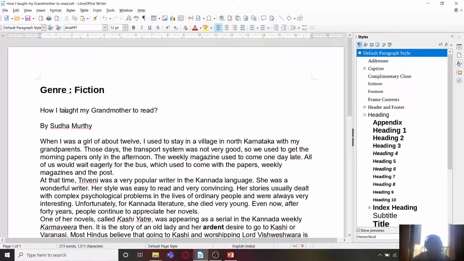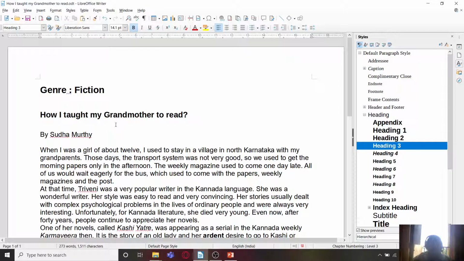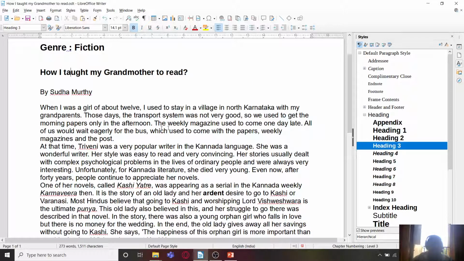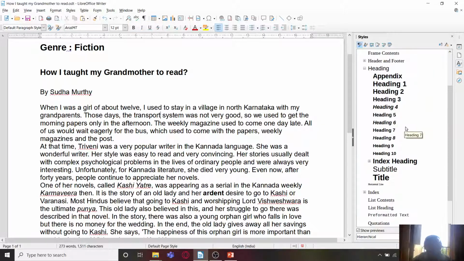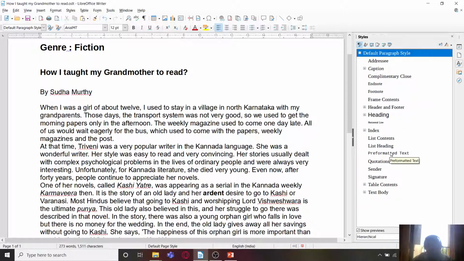Same way on the next one also we can place the cursor and apply any heading style like heading 3, and that heading is applied. So similarly we can apply any type of style on any type of paragraph, like I placed my cursor on this paragraph and I'm going to choose some other paragraph from here. Now the thing is I'm not able to find any proper paragraph style according to my requirement. So what I'm going to do is create a new style of my own.